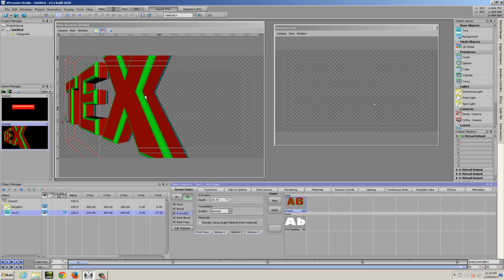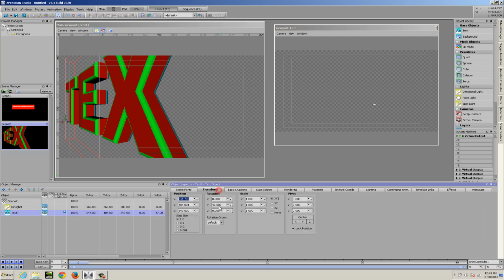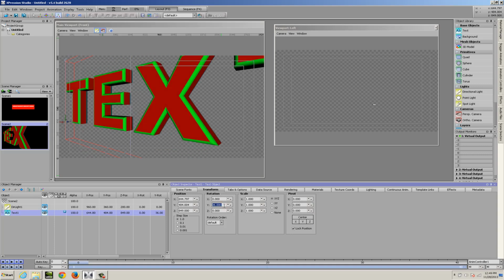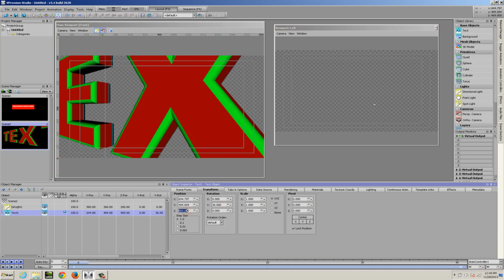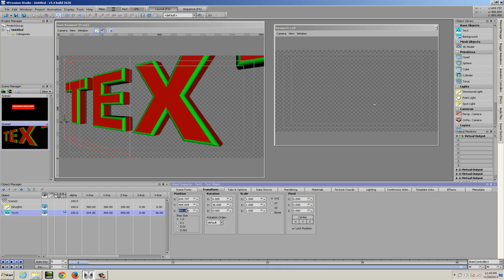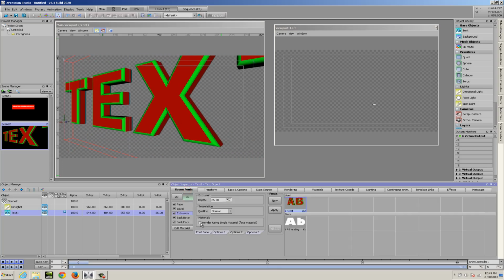And now I can put unique materials on the bevel, the face, the extrusion, the back bevel, and the back face. And again, the same principles apply for editing these materials. You can apply textures, gradients, video clips. You could even put live video on your characters if you really wanted to. All right. Now, I think that's a bit much. The lime green and red is striking, to say the least. So I'm going to turn that off, and we'll just use our red characters.